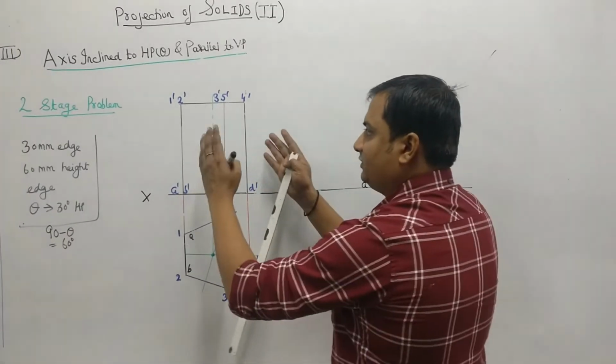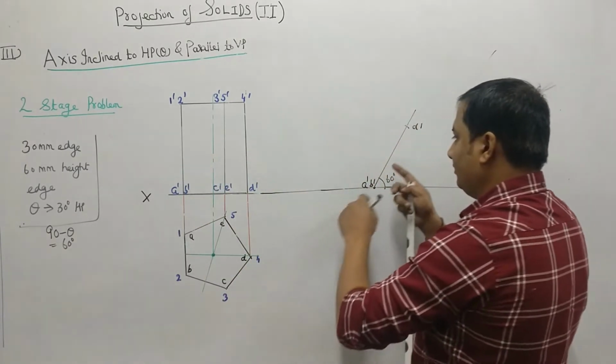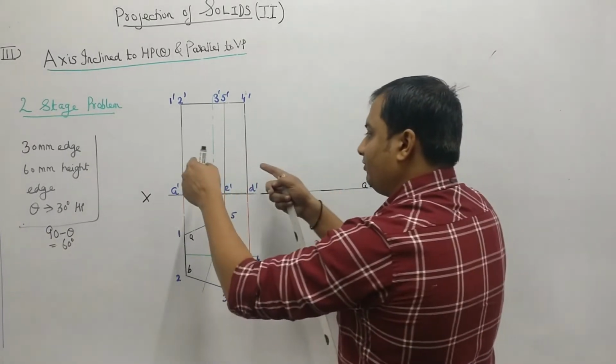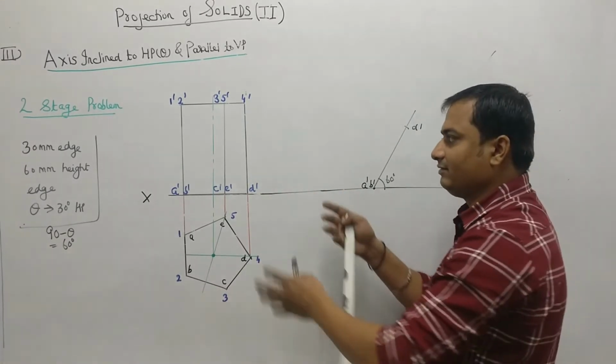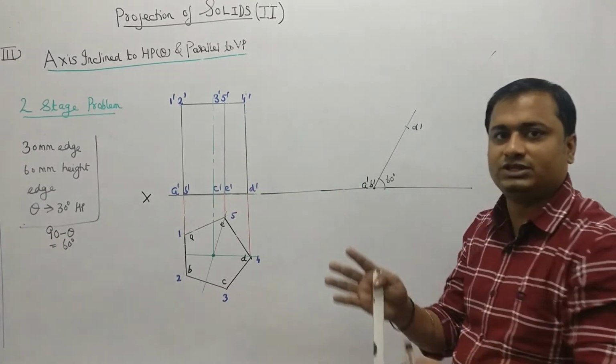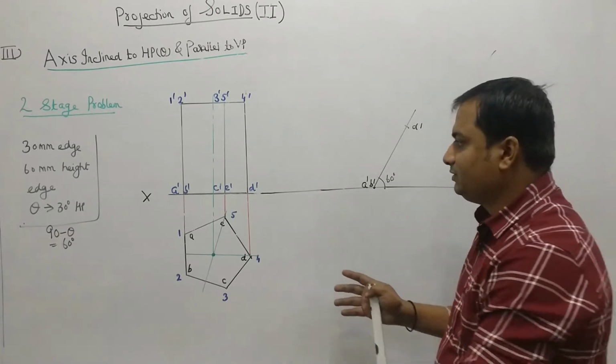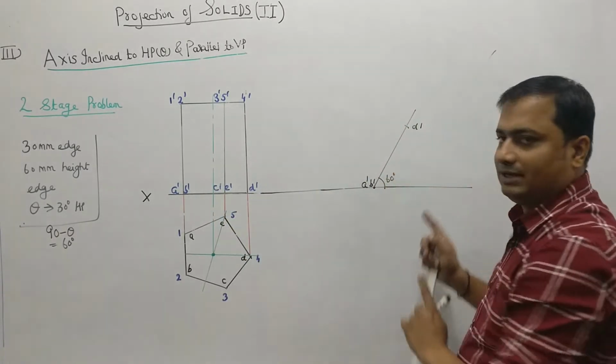So the data which we are going to take, we are going to plot here, that should be from here only. So the data we are not going to change. The dimension of the rectangle is not going to change. So all the dimensions you have to take from here. You have to just cut it.